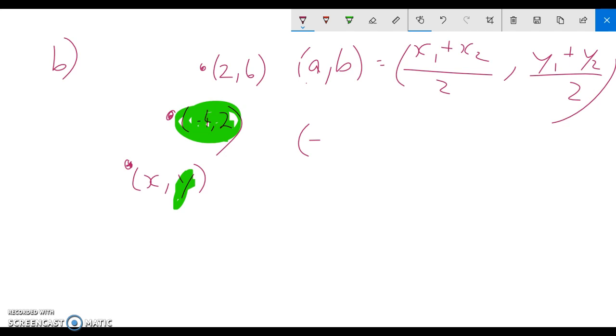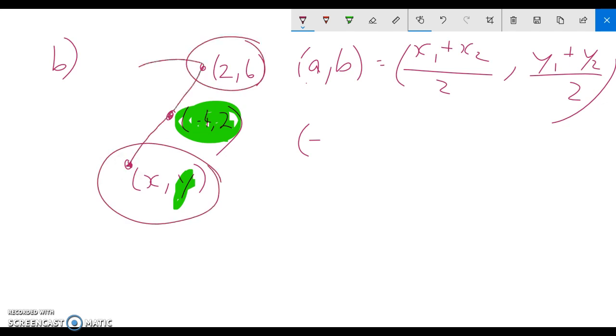Yes, we do, because we know it's the center of the circle, and we know these are the diameter ends. Right, these are the ends of the diameter, which means a line passes through them. The circle actually lies on them, so they've got to be opposite this. So we know that (-4, 2) is actually the midpoint, so that's going to equal 2 plus